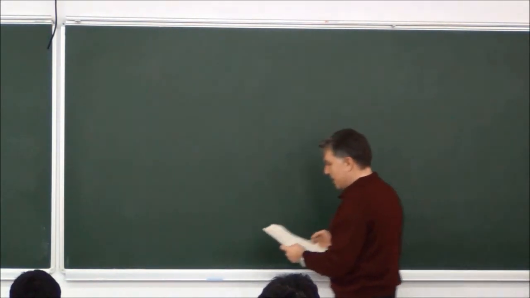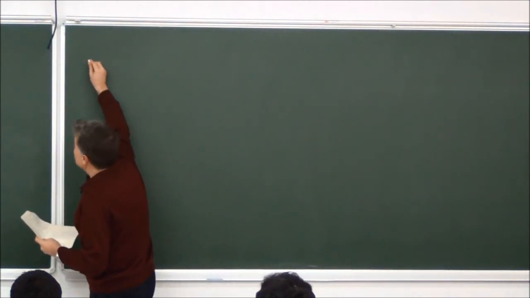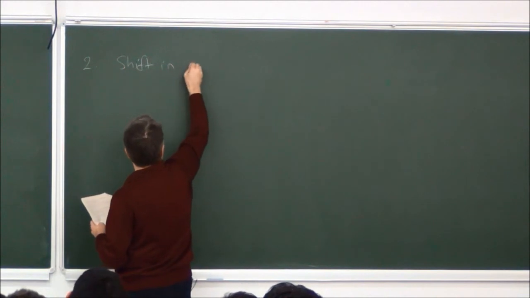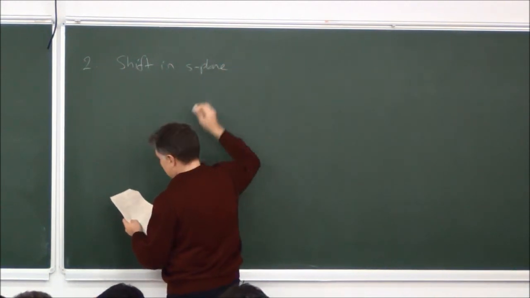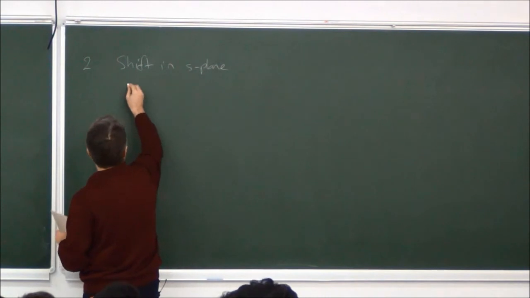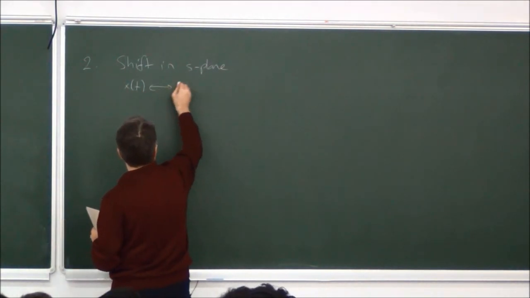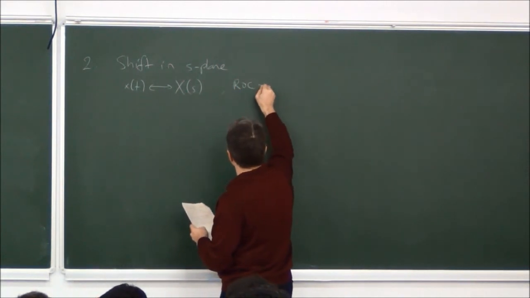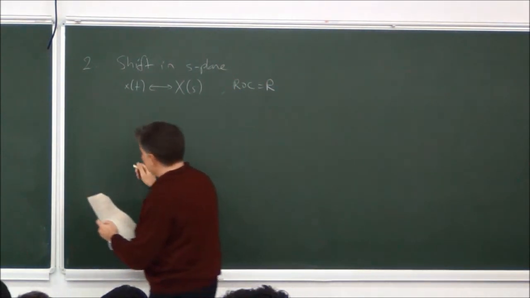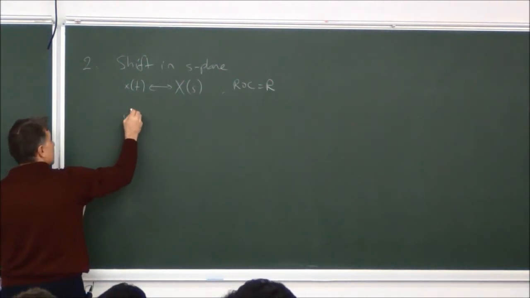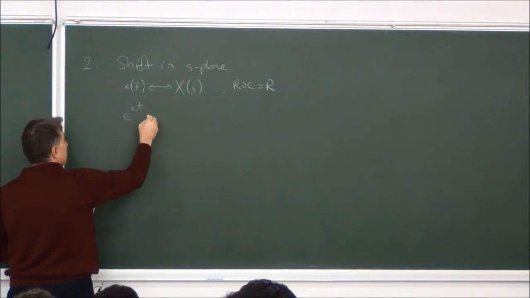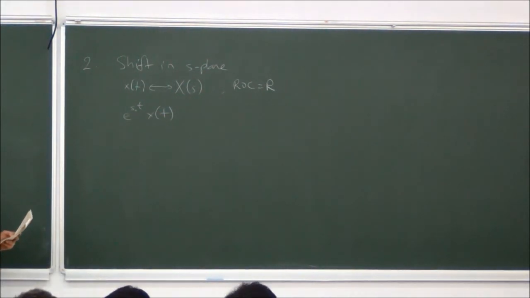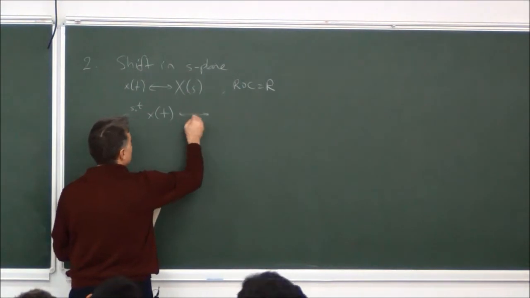Now what else do we have? The second property is the shift in the S-plane or S-domain. If x of t has a Laplace transform of capital X of S, and the region of convergence is R, we will have a situation like this: e to the S0t times x of t. You have to remember this property from the Fourier transform too. We'll have